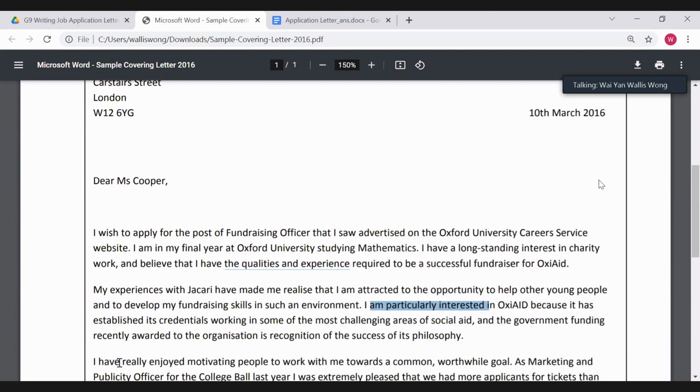Again, present perfect tense to talk about the past and something still influencing you. I have really enjoyed motivating people to work with me towards a common goal. Understand? Okay, but I think this one, if you use